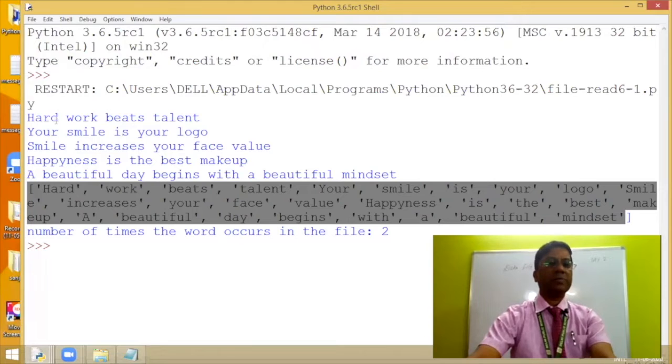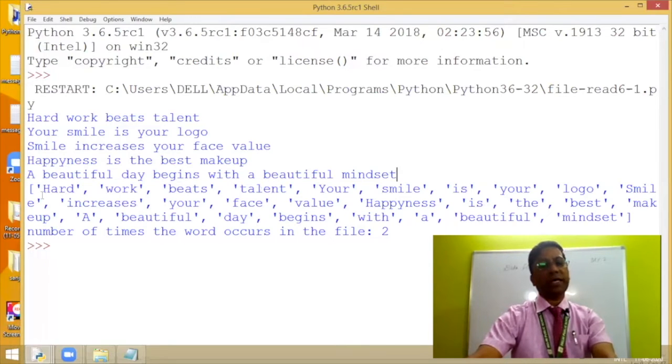So "hard" has become the first element of the list, "work" the second element, "bits" the third element, and so on. Once it is stored in a list, you can always access this list using a for loop.